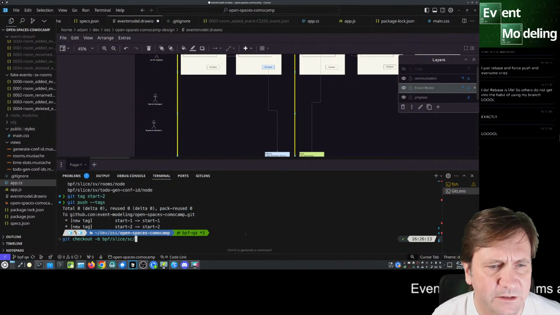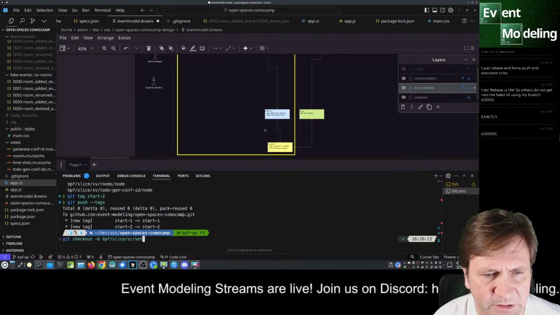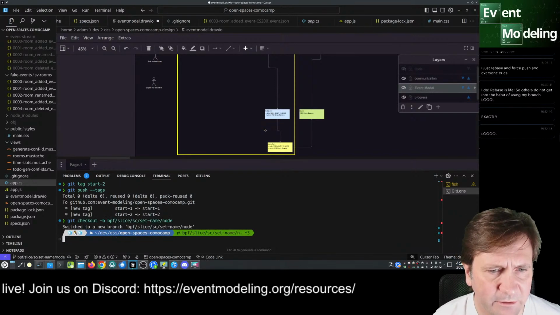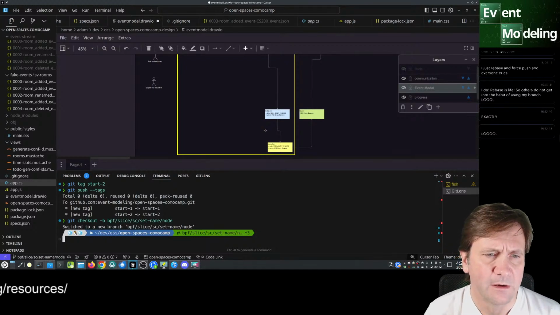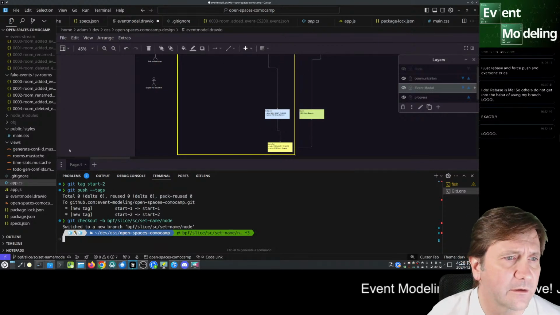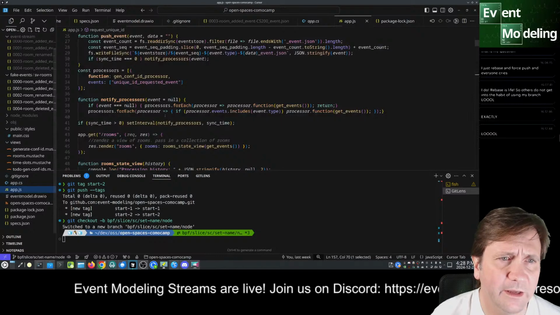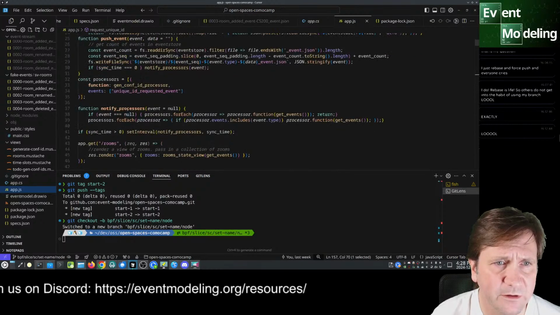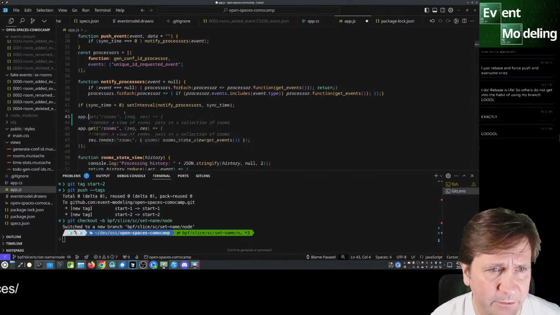Let's see. What are we going to call this? This is a set name, right? So here we have set name, and that's a node. We set that up. We have this nice new branch. I could add a quick little placeholder just so there's something pushed, right? I want to make sure it's at the very beginning. So we have get events, push events, processors, notify processors. We have get rooms. So the first thing that we need to do is app.get,